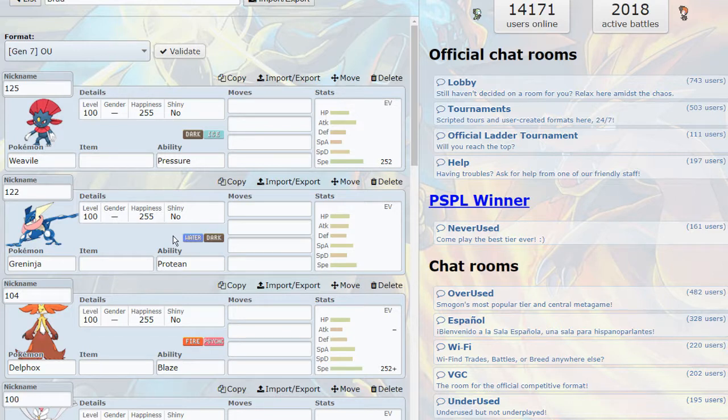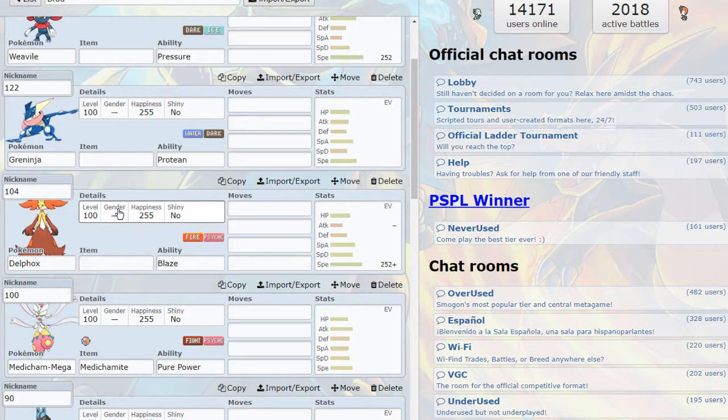or it could be Torrent. I'm guessing he wouldn't run Torrent anyways. It's no point. But yeah, Protean. So that's another thing, it could be physical or special. It could have Gunk Shot. It could be Scarf. It could set up hazards. I use it a lot, so I sort of know how to prep for it and what to watch out